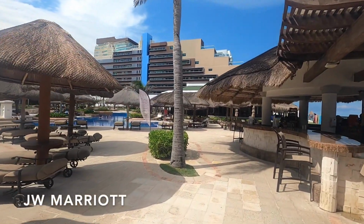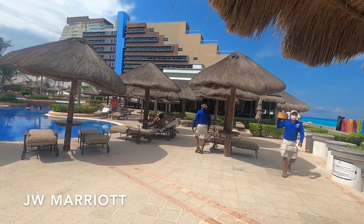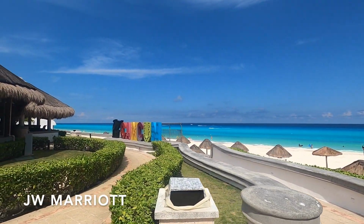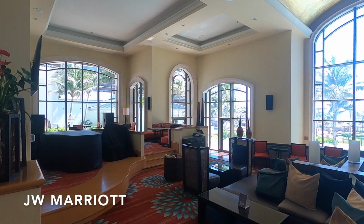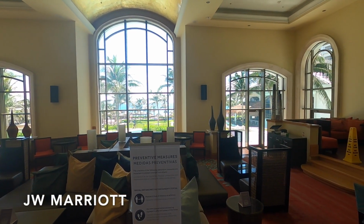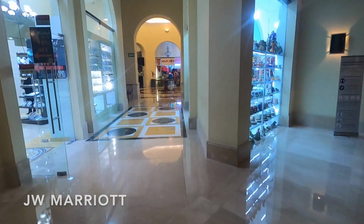They also have a poolside restaurant with waiters running around taking your orders. I felt like the quesadillas were great by the pool, so if you're a big quesadilla fan, definitely check those out. Here's a look at the lobby bar at the JW Marriott. So, still very nice, but I felt like the Marriott's lobby bar looks really, really cool. It was a fun place to hang out. The JW also has a fancy Italian place, Gustino's. We didn't try it while we were there, but if you're into that,